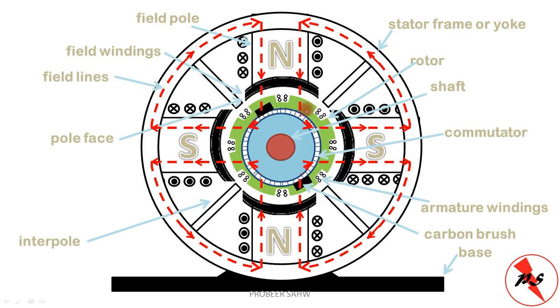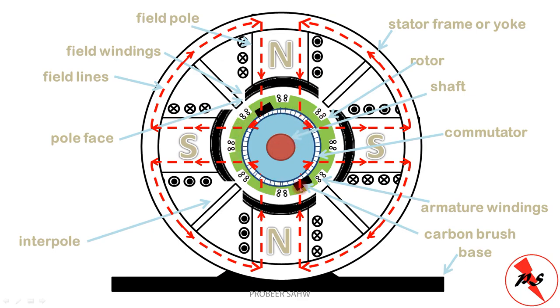On the outer periphery of the rotor or armature, we have slots to accommodate armature windings. These are the armature windings in which EMF is induced in the case of a DC generator, or in which we pass DC current in the case of a DC motor. Apart from this, we have a shaft on which the armature is resting, or the shaft supports the armature. This shaft is a long cylindrical tube. In fact, it is solid forged.